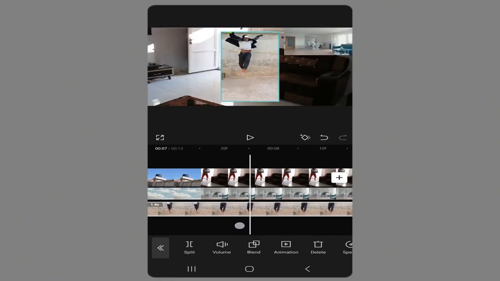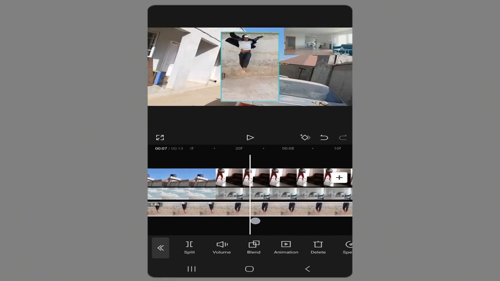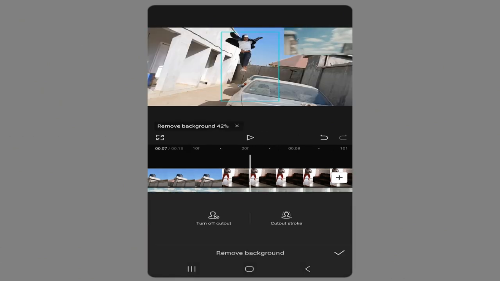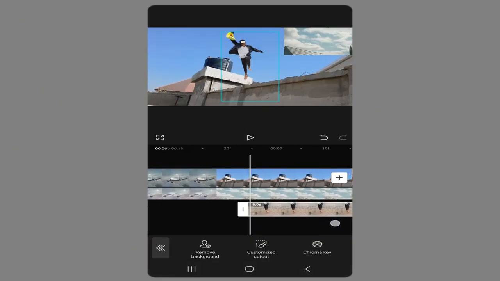Now what you want to do is to scroll to that point where the scene changes to the video inside the house and then hit split and delete everything from there. Now you want to go ahead to remove the background of this video. Now that you want to scale it down to the smallest size you can go, and then add a keyframe